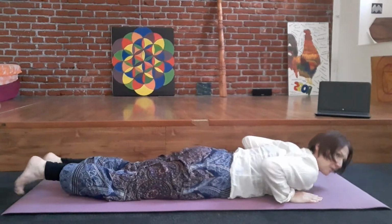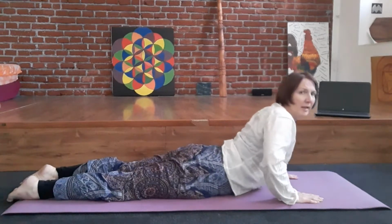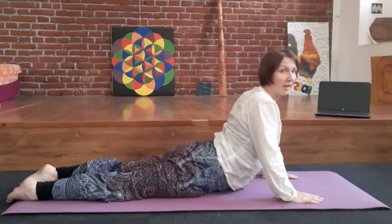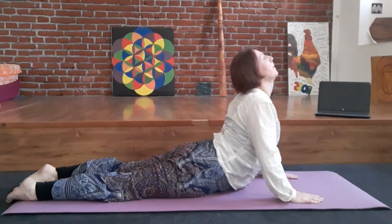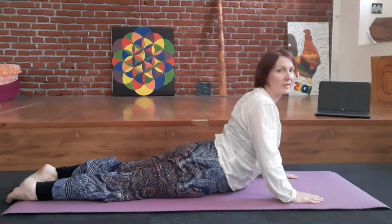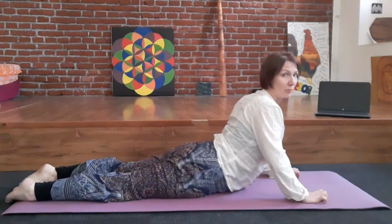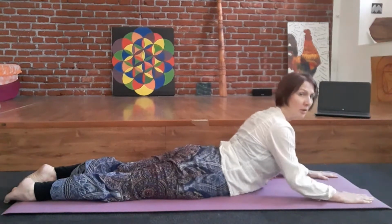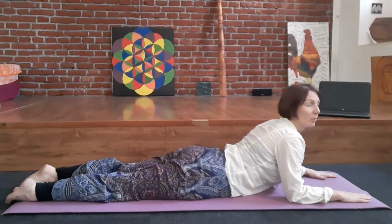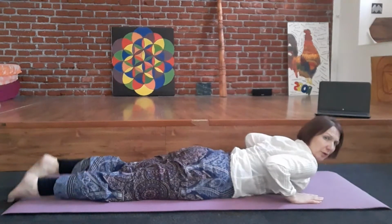And this time, this is more from flow yoga, I believe. You're going to inhale, if you can have this stretch on the lower spine. You're going to inhale, stretch the head back in cobra, keeping the feet together, elbows in, shoulders down. If this stretch is too much for you, you just bring your hands forward to wherever feels comfortable, or drop the elbows down and do it from this position. If you can do it from here,